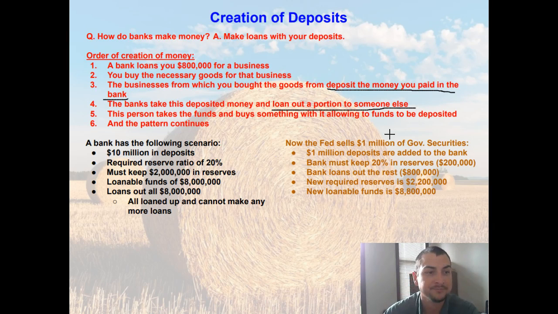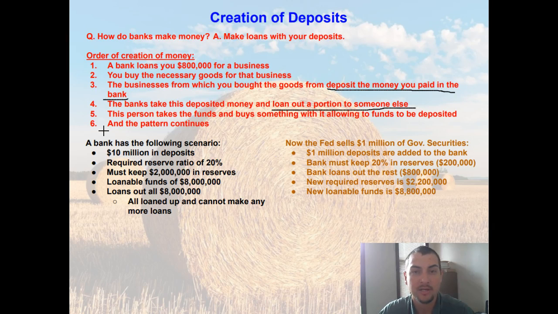Starting to see what's going on here? So then the person the second loan is made to takes the funds and goes and buys something else with it. And guess what? Those funds are then deposited into another bank, and that other bank will take that money, and it just keeps going. The first loan is essentially deposited into a bank. The banks take the first loan deposits and loan out more money with it, and then that second loan gets deposited, and the bank it gets deposited in makes more loans, and now you've got a third loan, and that trend is going to keep continuing until there's no more money to loan out.